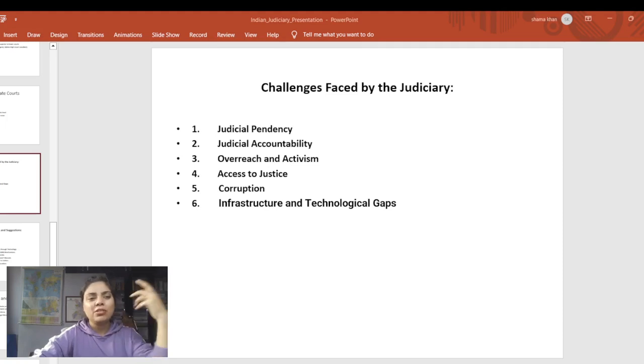Apart from that, we can also include judicial vacancy. As of January 2024, the data which I found says High Courts collectively have 783 judges out of more than 1,200 sanctioned posts. So currently we have only around 783. This was the rough picture which I remember. And at district level there are more than 5,000